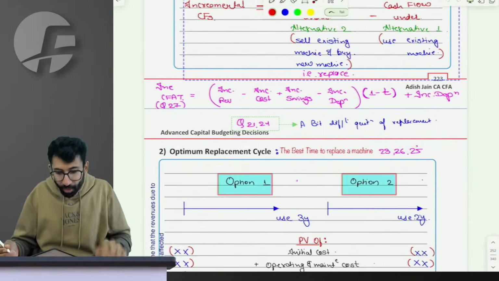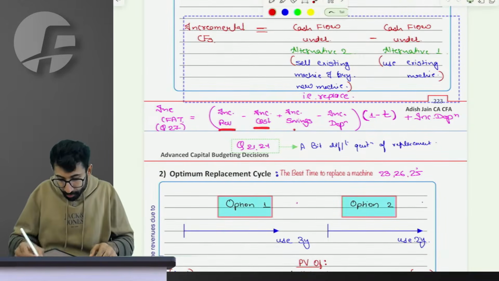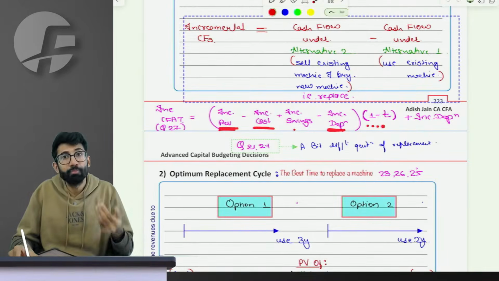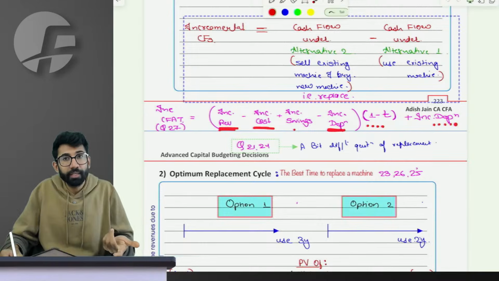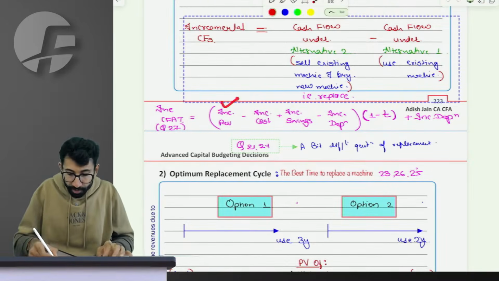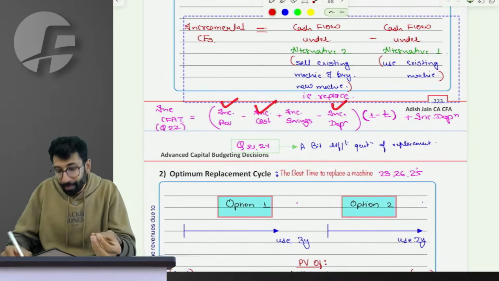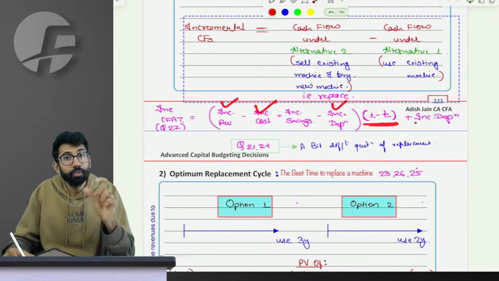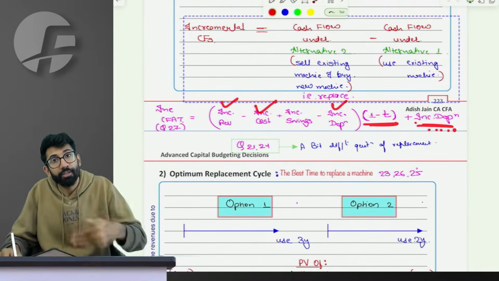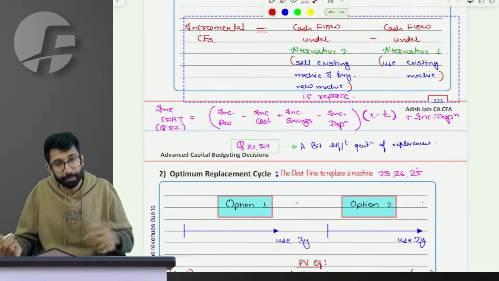You have to realize, generally, what is the formula of CFAT? Revenue minus cost minus depreciation gives you PBT, minus tax gives you PAT, plus depreciation gives you CFAT. So if I have to calculate incremental CFAT, take everything incremental. How much extra revenue, how much extra cost, gives me extra profit, minus extra depreciation gives me extra PBT, into 1 minus T gives me extra PAT, plus incremental depreciation gives me incremental CFAT. When you take everything incremental in the same equation, it becomes incremental CFAT.